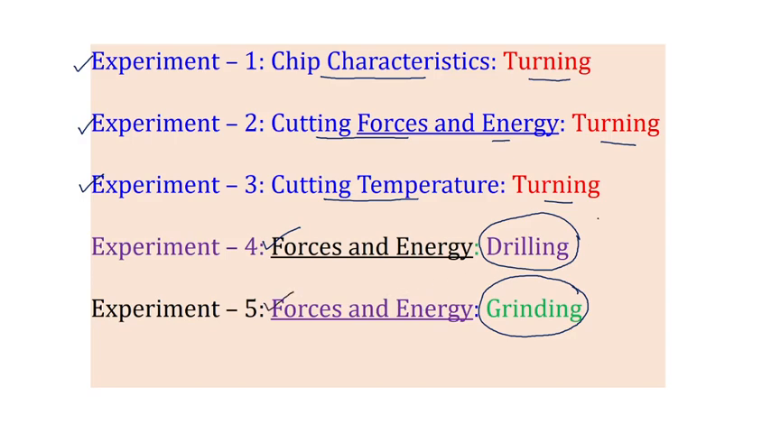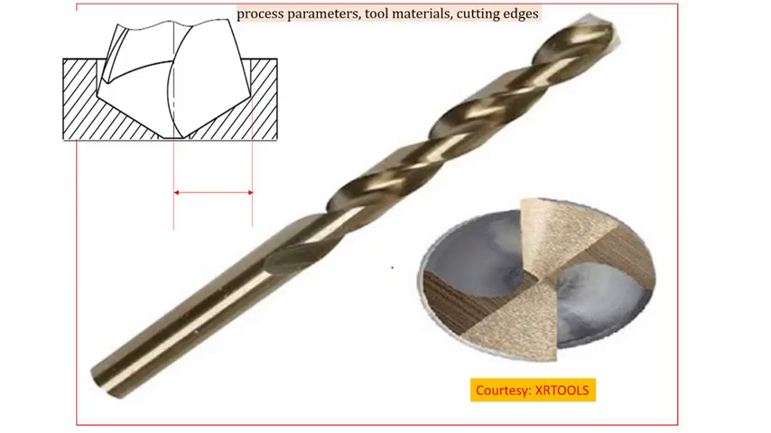However, let us concentrate on today's experiment, which is effect of process parameter and pilot hole in drilling on mechanics of drilling. That is the title of today's experiment. Now let us have a look at the drill. So we need to understand what are the process parameters, what are the tool materials, and what are the cutting edges. The tool materials which are typically used in case of drills are high speed steel,